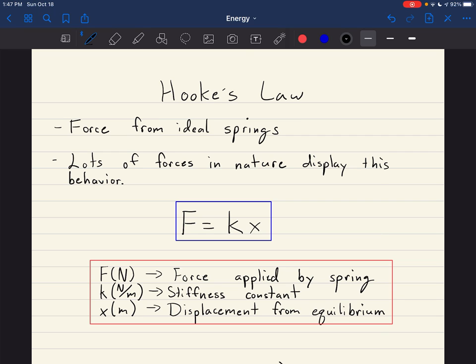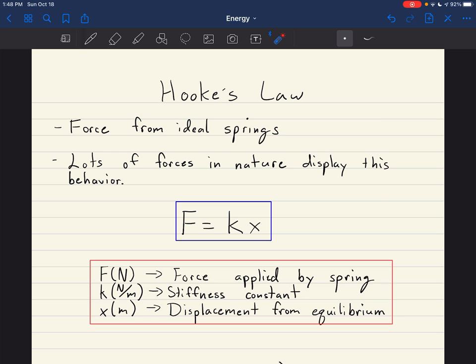Okay, I want to take just a minute to talk about Hooke's law. This sounds complicated, but it's really not. It's really just an equation to describe a type of force that we haven't talked about yet. And now that we're getting into energy, we're going to be talking about springs a lot, and Hooke's law deals with springs. So basically, Hooke's law is an equation that gives you the amount of force that an ideal spring